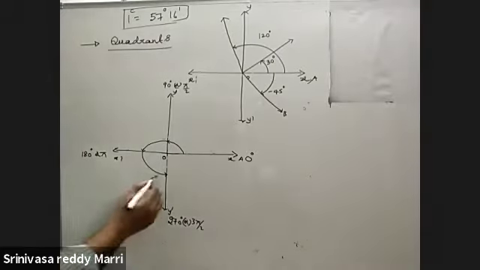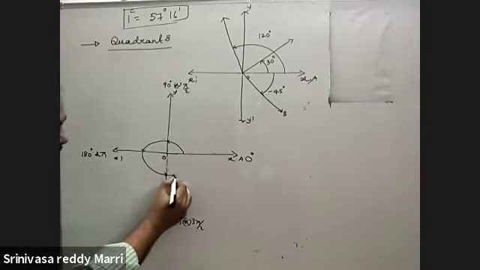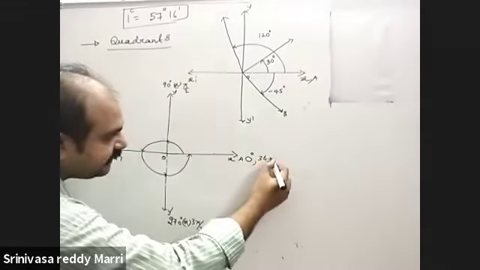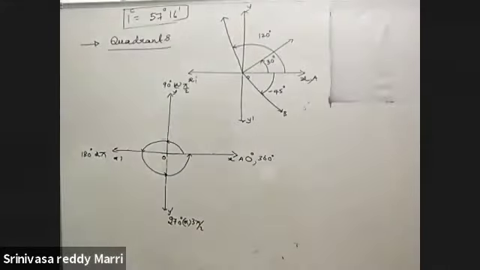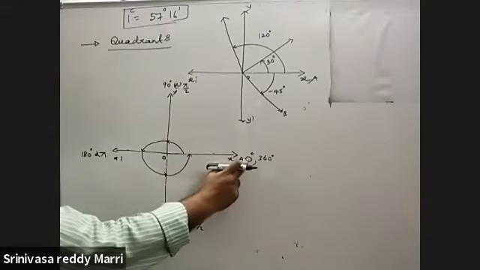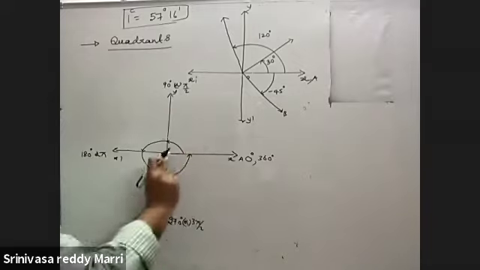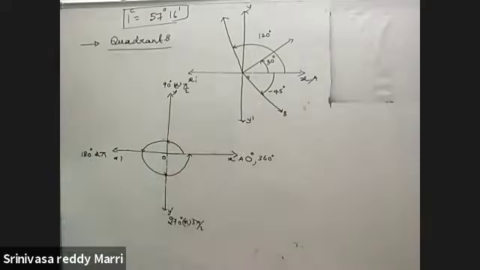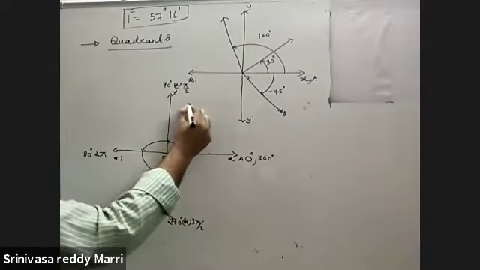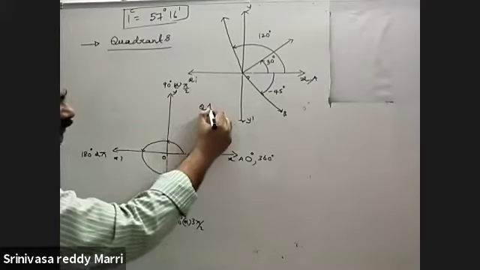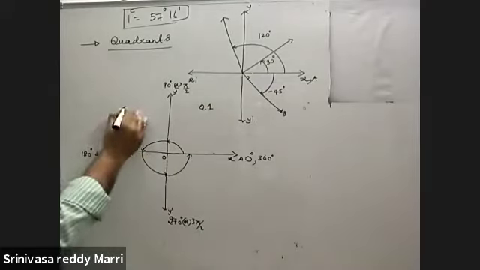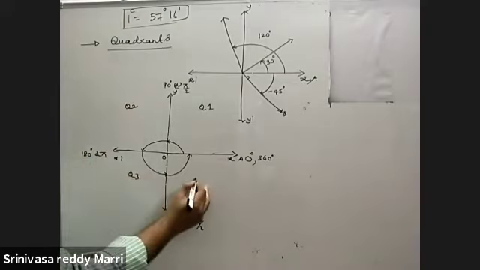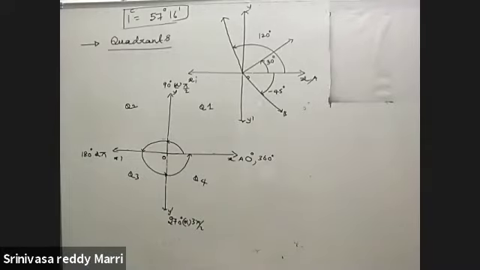Suppose you want to measure 360 degree, one complete rotation. That means this is 0 degree as well as 360 degree. This is the 0 degree terminal ray, this is the 90 degree ray, this is the 180 degree ray, this is the 270 degree ray, and again the 360 degree ray. These 4 parts are called quadrants. This part is quadrant 1, this is quadrant 2, this is quadrant 3, quadrant 4.